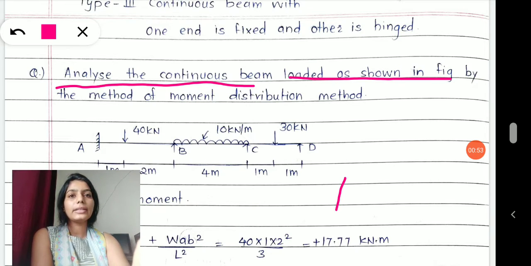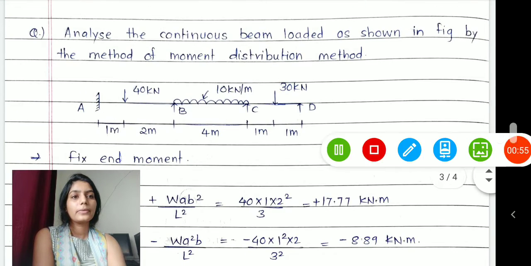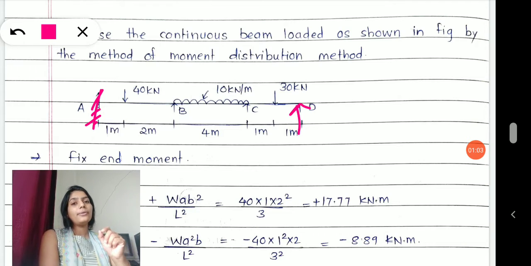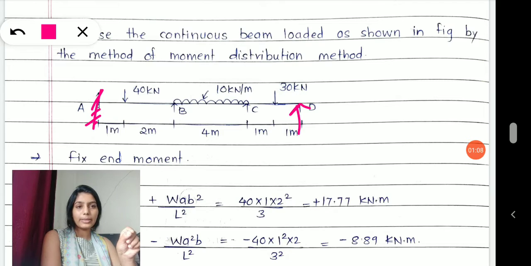Now look at this beam where one end is fixed and the other end is a simple support. Now you have three spans here. It means that the given beam is a continuous beam, but the only change is that in the very first type of problem the ends were fixed. In the second type of problem, both ends were simply supported, and in the third category which we are dealing with today, one end is fixed and the other end is hinged or simple support, right?